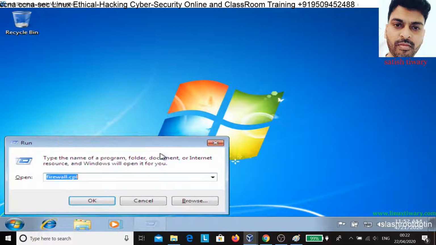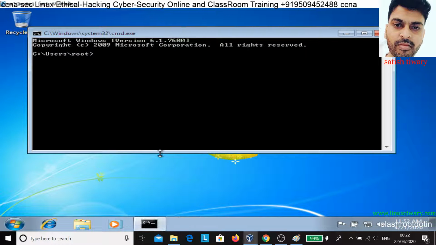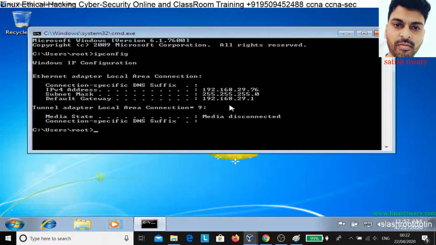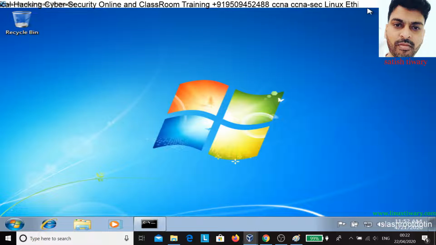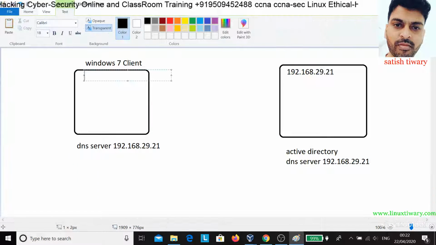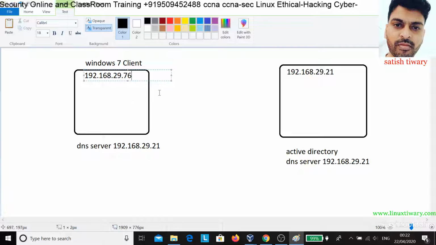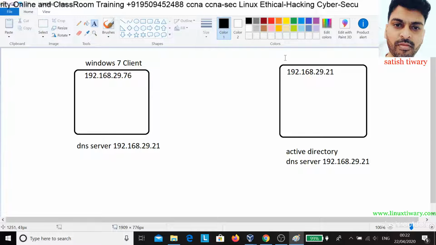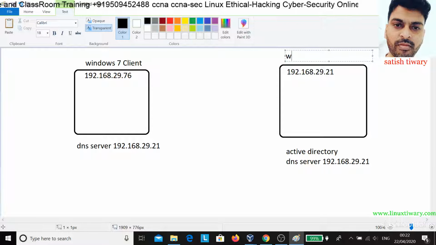I will show you the Windows 7 client IP config. Its IP address is 192.168.29.76. So this is the IP address of the client, and this is the IP address of Windows Server 2016.